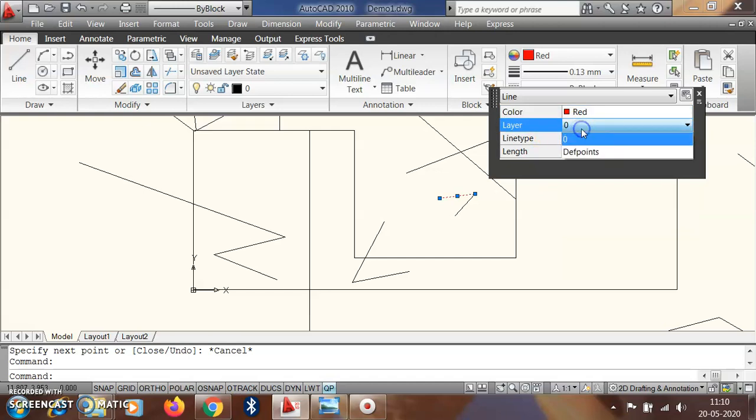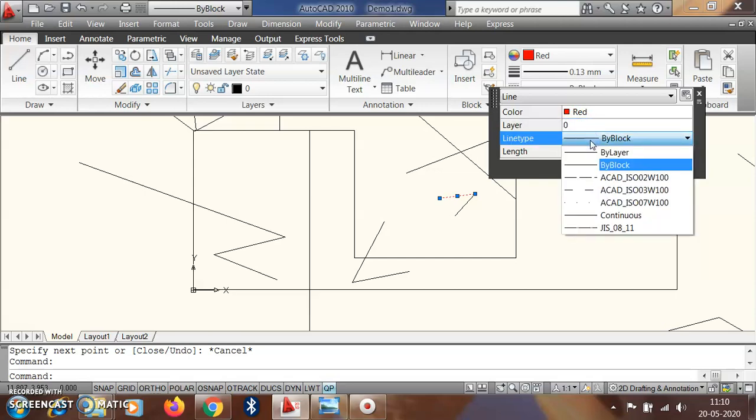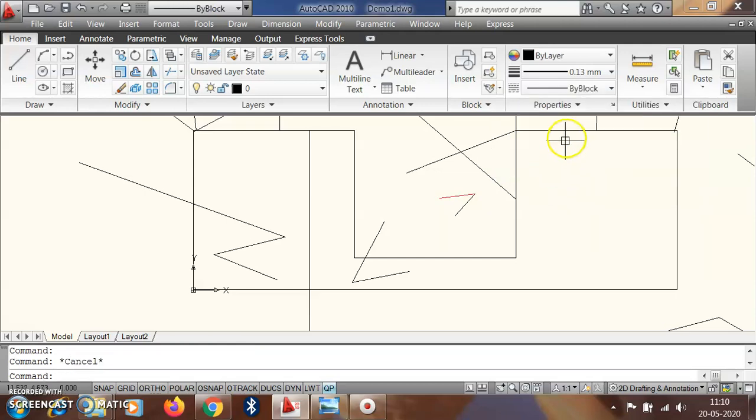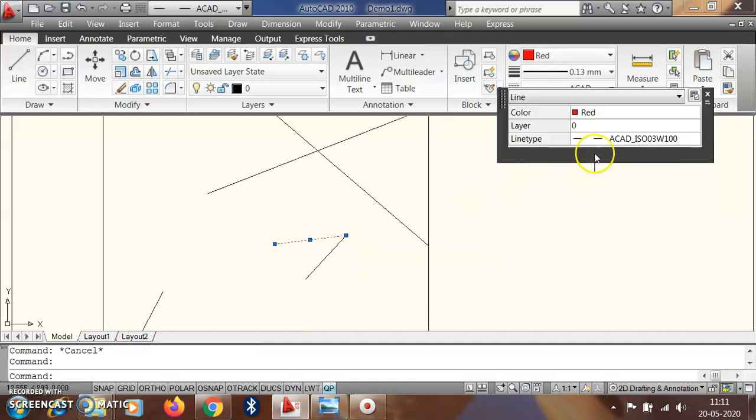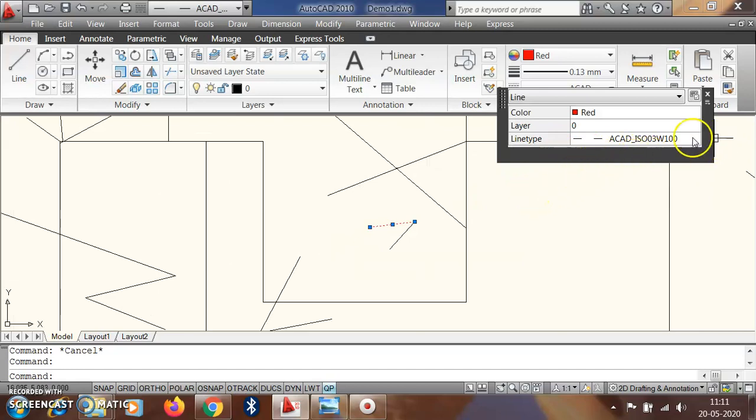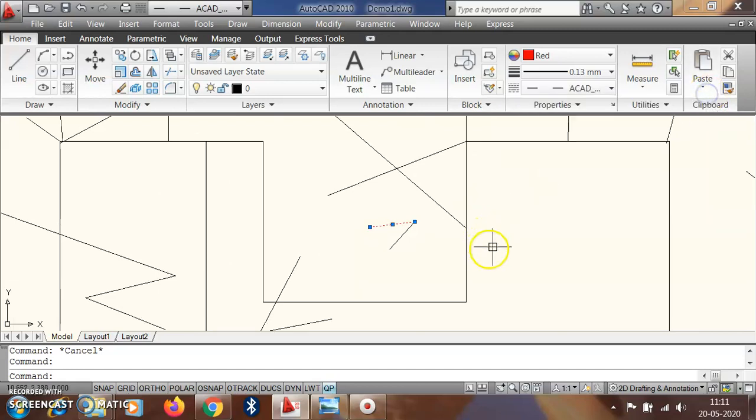Then layers. The layers command we will discuss later, but here we can change the layer of the line, and the line type. Suppose we require a dotted line, then it will be a dotted line. So in this way we get the quick properties of any object.